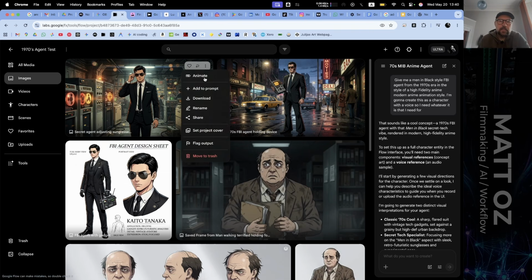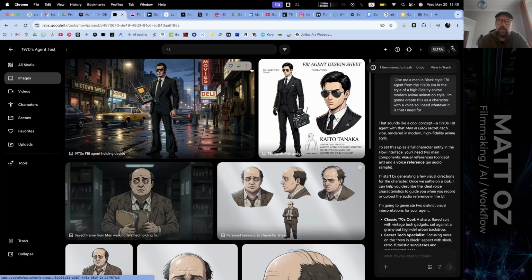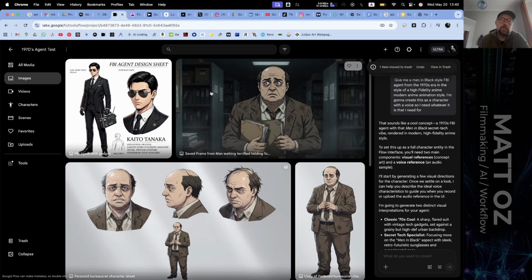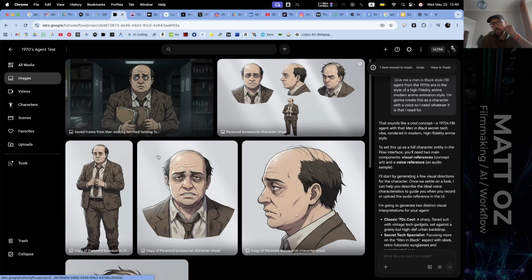So I'm not going to test that. I'm going to delete these guys. If you move to trash, I think you have a certain amount of time before it is removed from the project. And you have to be careful if you do delete stuff, because the ingredients or the images and the elements that you use to generate and propagate your footage and your references is like roots of a tree, and if you kill the roots, you'll lose the tree. You'll kill the tree and the branches that come off it.